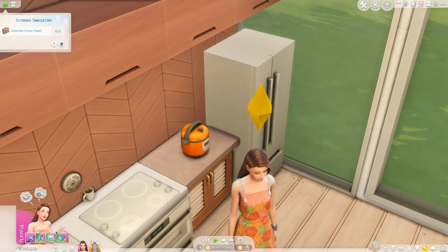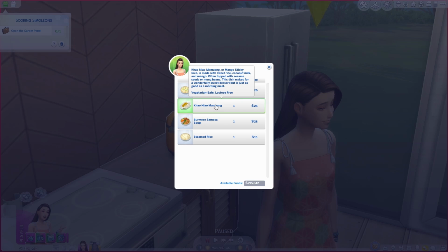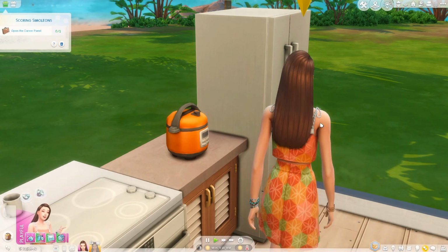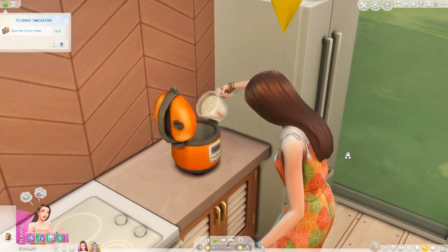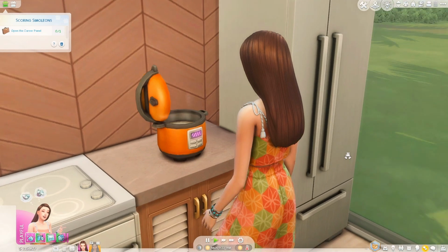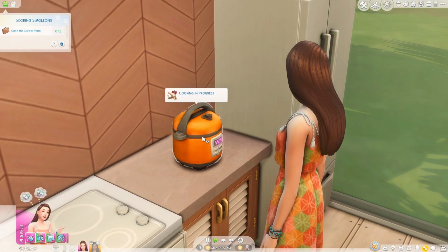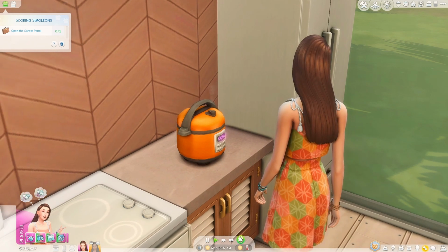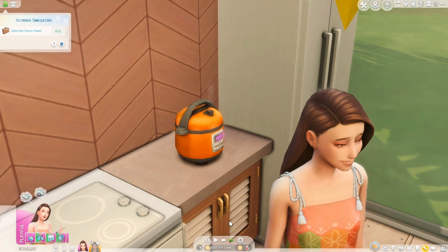Now on to something that I'm also really excited for is the pressure cooker. Now you only have 4 recipes right now, but I'm hoping that they can add a little bit more in there. But you can see your Sim opens up the pot. I decided to do steam raise, and then they just pour it in and wait for it to go. There's also an option that you can release the steam in there so it doesn't go crazy, or else when your Sim opens it, you're gonna burn your face, and we don't want that